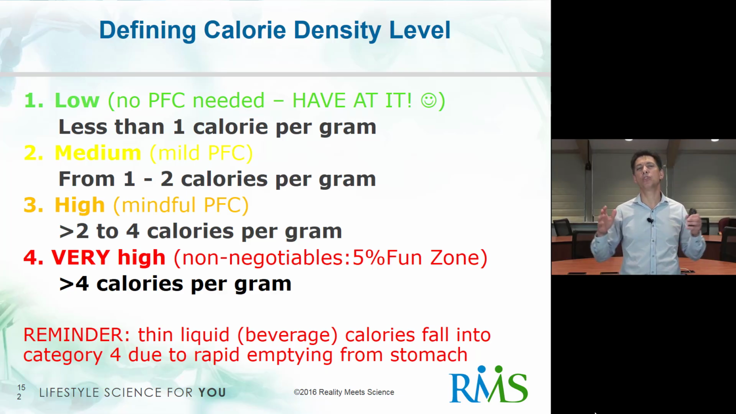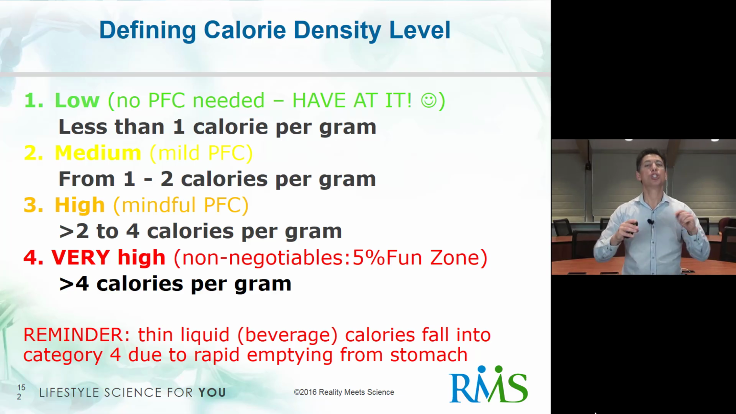So typically these foods are both dry carbohydrate and high fat at the same time, like a fried tortilla chip, for instance. But they could just be purely fat, like butter and oils, cheese and so forth, full fat cheese and so forth. Okay? Reminder again, thin liquid beverage calories fall into category 4 due to their physical property of rapidly